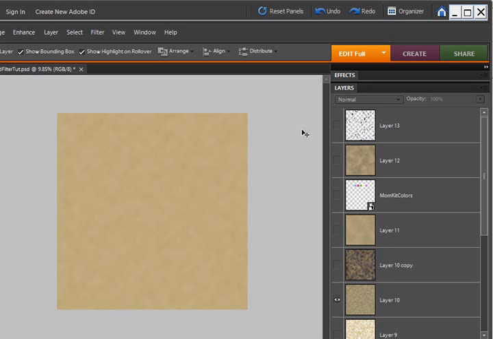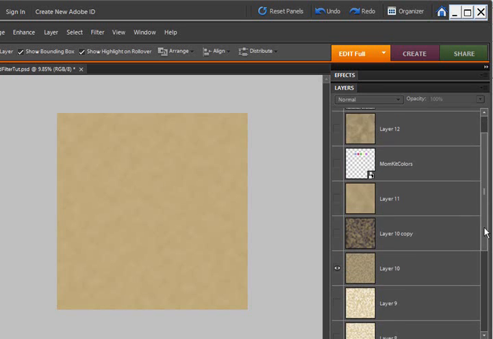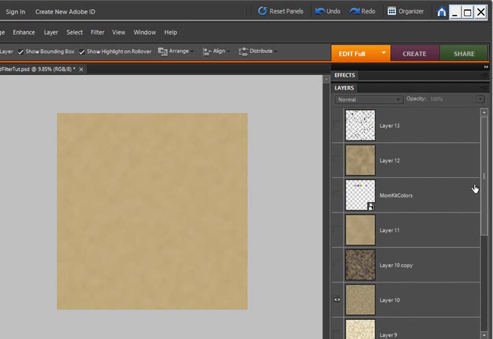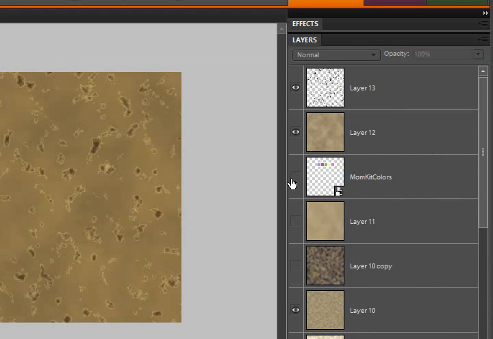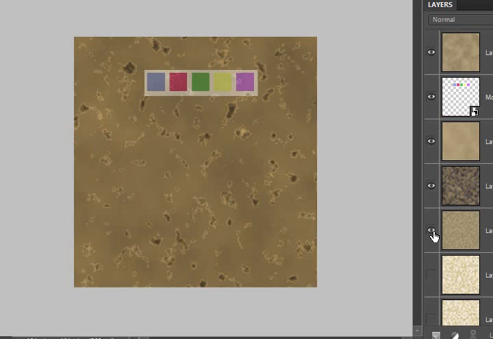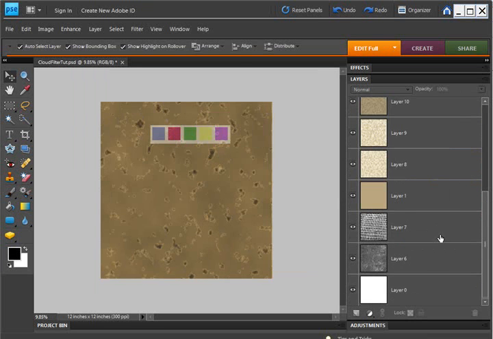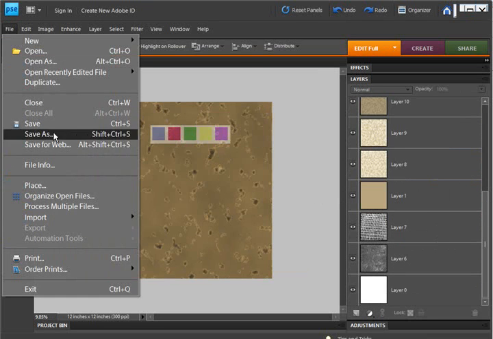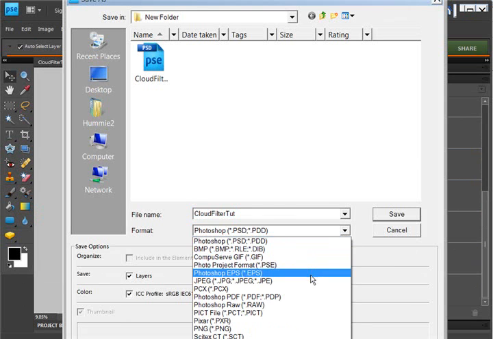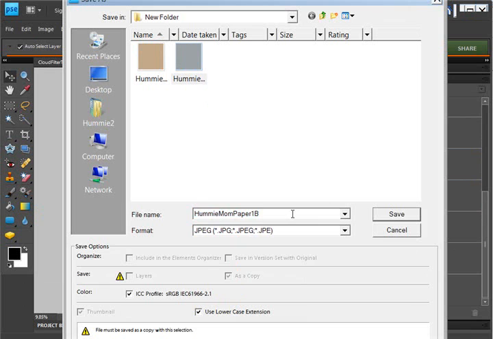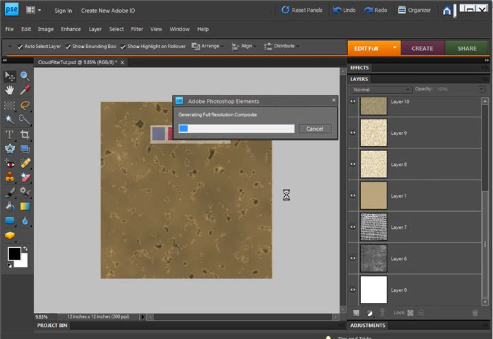And before we go look at what it did, I want to mention what increases the size of the paper is having more layers. So the more layers you have, let's say I had all of these, and we're going to be making a pretty funky looking paper right now. And just so we can go look at the sizes, I'm going to do a Save As again. I'm going to make this one say C, so when we go look at the sizes we'll be able to tell. And I'm going to do a Save As,